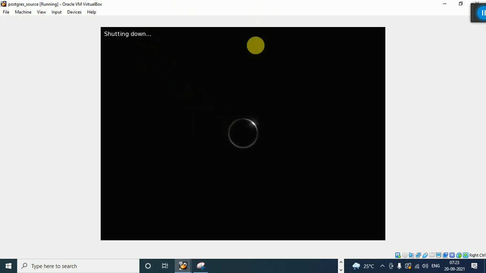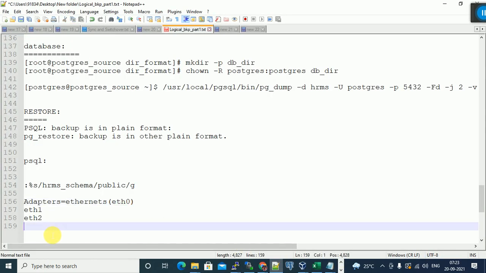You can see it is shutting down. That command shuts down this Linux machine. Any time you want to shut down the Linux machine, what is the command? init 0 to shut down a Linux machine. Machine or server? Okay, both are the same.